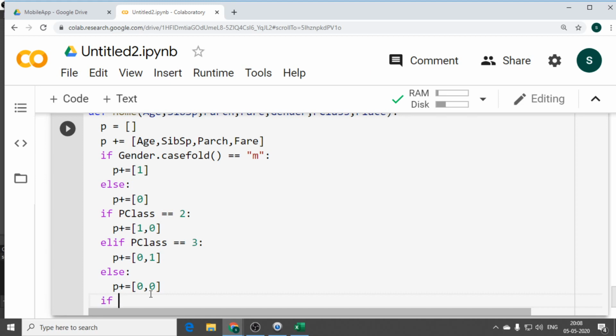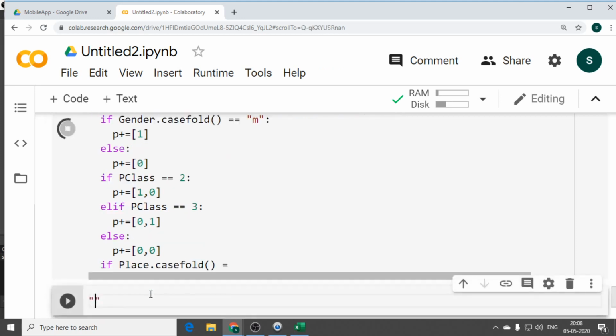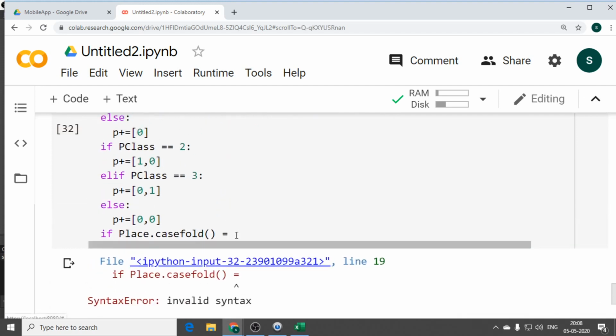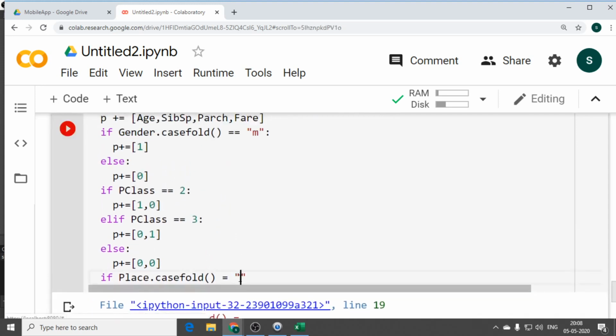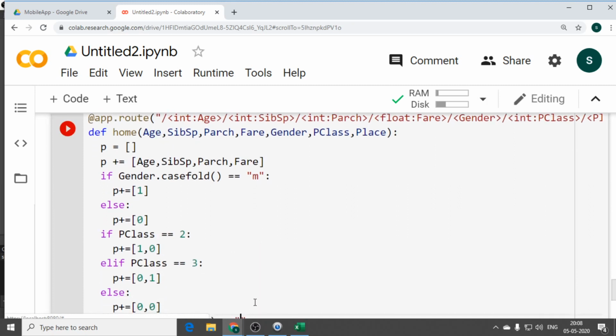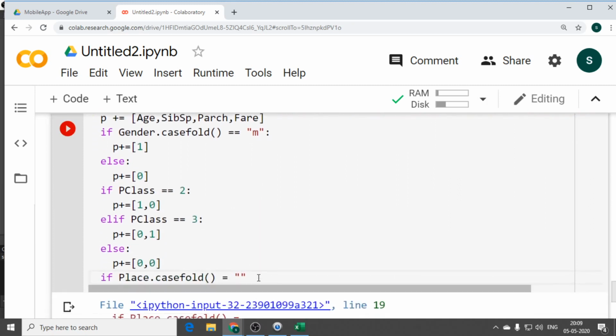Again you write a condition for place. If place dot, you can go for case fold, because case fold is for, you can write that thing in capital letter. Sorry, by mistake I have pressed it, don't worry. If place dot case fold is equal to, that means two equal to signs, Queenstown, that is one place.